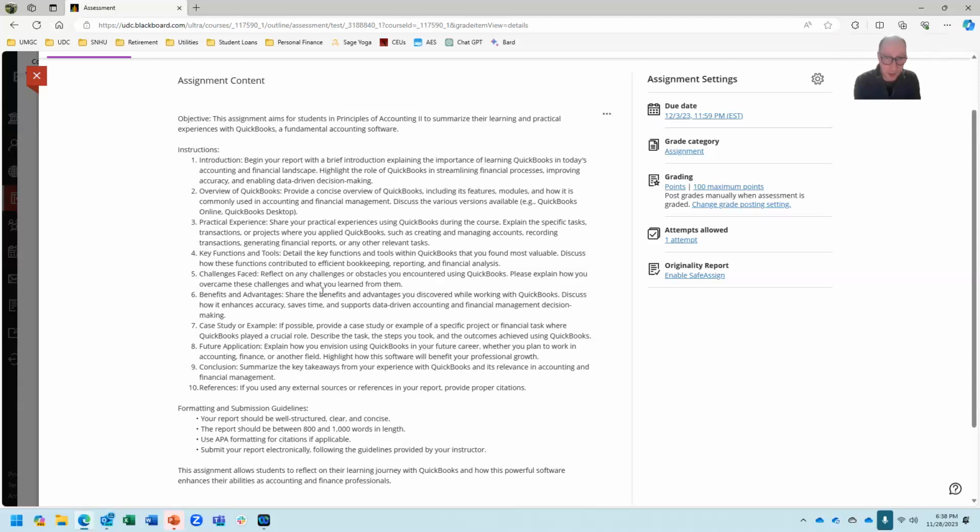Section 8 of the essay is software application. How you might plan to use it in your future, if at all. How would you plan on using it? If you don't, say that too. How it might be used in your field. Section 9 is conclusions. And then the last part of your essay should be references. Try to use APA style where possible.